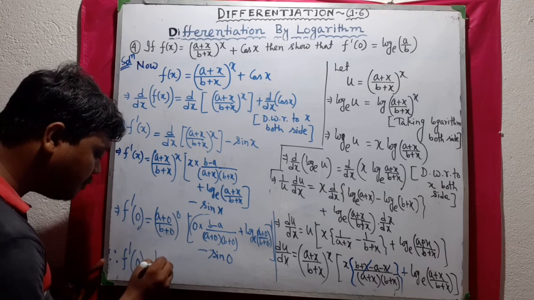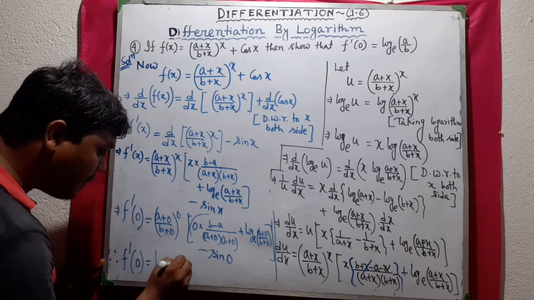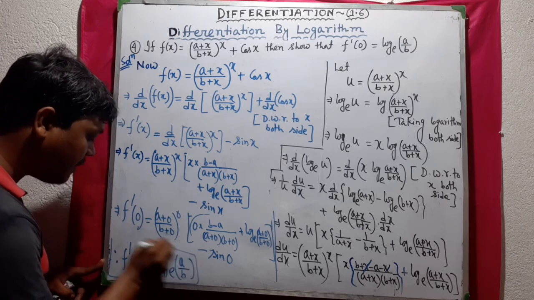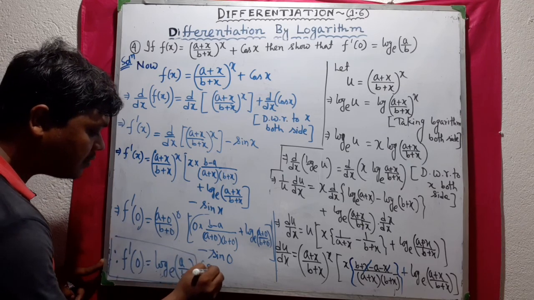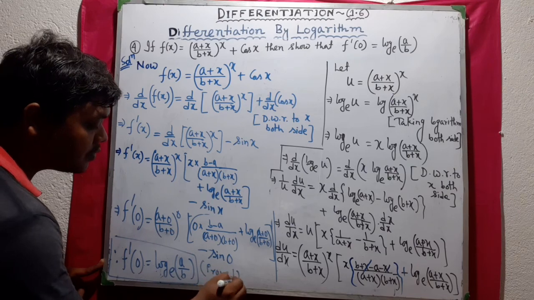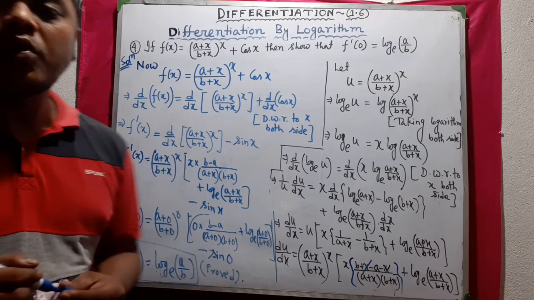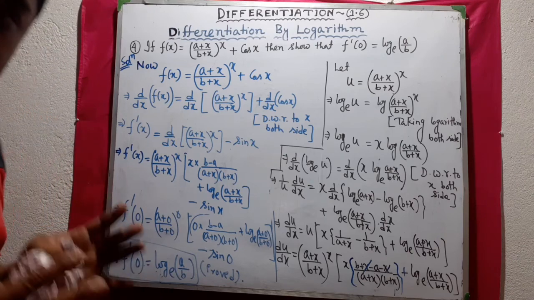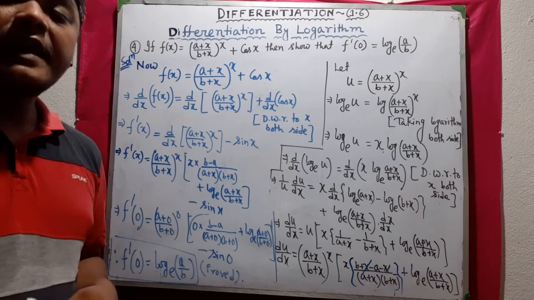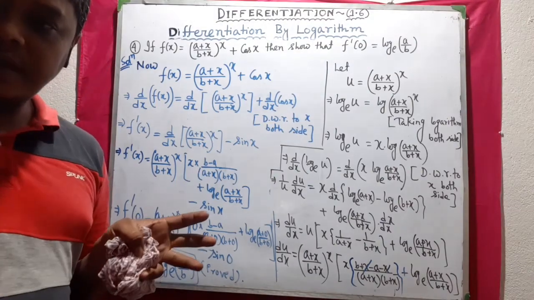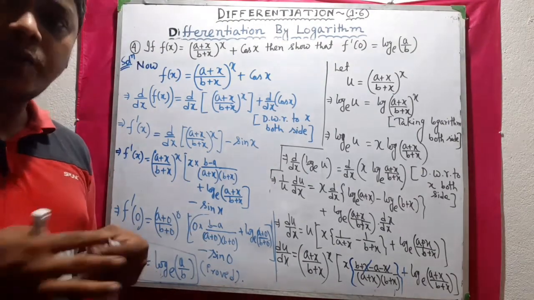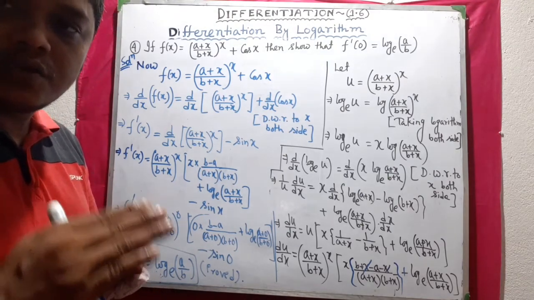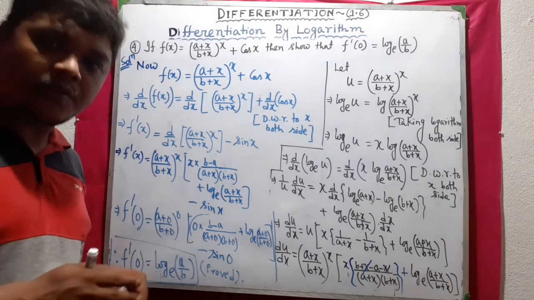Sin 0 is 0, তাহলে শুধু পড়ে থাকছে log a by b. ওকে, hence the result is proved. এটাই আমাদের প্রমাণ করতে বলেছিল, প্রুভড, ওকে। তো এরকম অসংখ্য প্রবলেম আছে, অসংখ্য প্রবলেম আমরা সলভ করতে পারি, কিন্তু কিছু যে প্রবলেমগুলো সাধারণত তোমাদের পরীক্ষায় এসেছে এবং এই টাইপের প্রবলেম, আশা করি এরকম টাইপের কোনো প্রবলেম আসলে তোমরা সলভ করতে পারবে, কারণ টেকনিকটা অলমোস্ট সব ক্ষেত্রেই সেম, জাস্ট স্লোলি তোমাকে স্টেপ বাই স্টেপ করে যেতে হবে, ওকে। থ্যাংক ইউ।